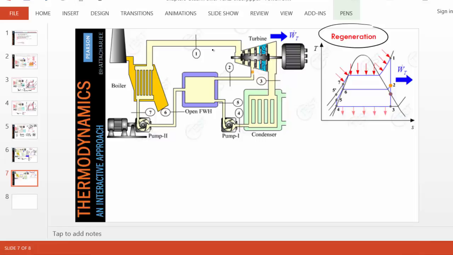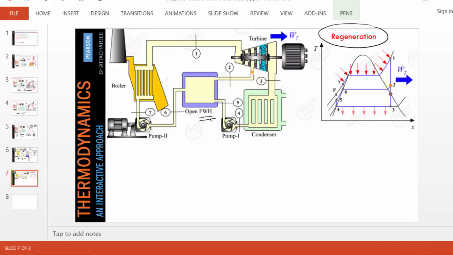Now what's happening here is that the modification is very simple. Some steam is bled from the middle of the turbine at state 2, and the condensate that's returning from the condenser is pumped up, and this bled steam is then mixed here, producing warmer water at state 6. And then another second pump will raise it back to the boiler pressure. So this mixing chamber, which is called an open type heat exchanger or feed water heater in industrial terminology,